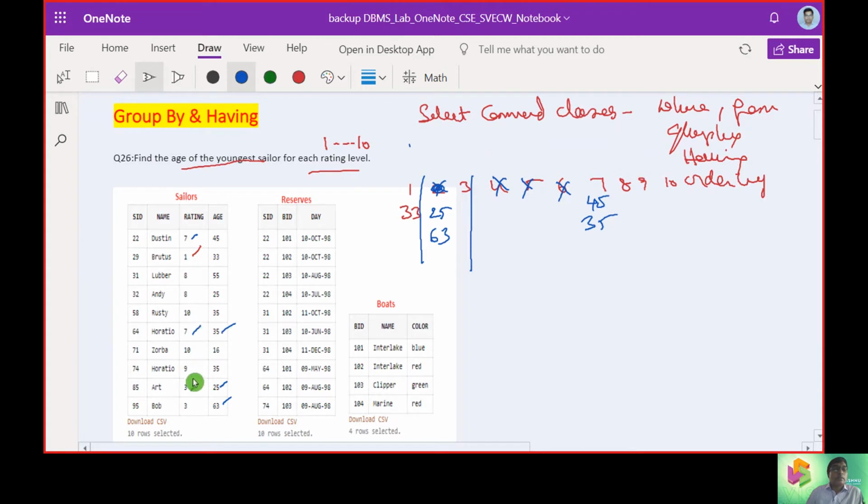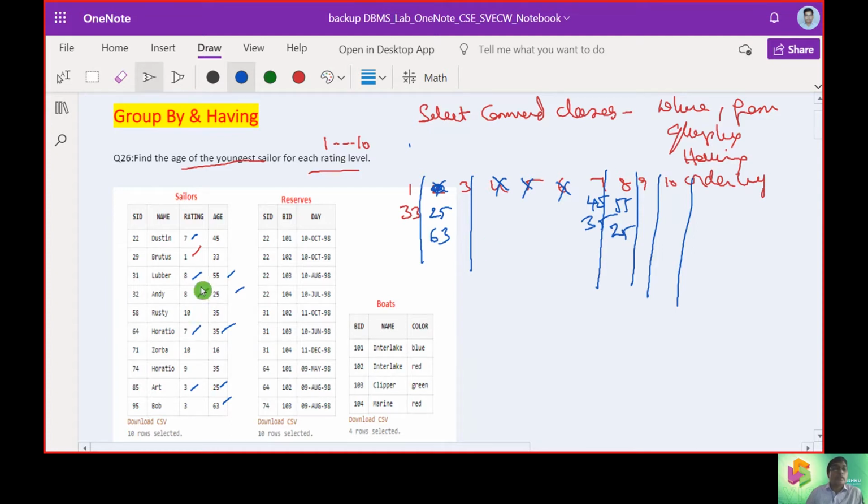Then we move to the eighth part. For rating 8 we have ages 55 and 25, and that is done.